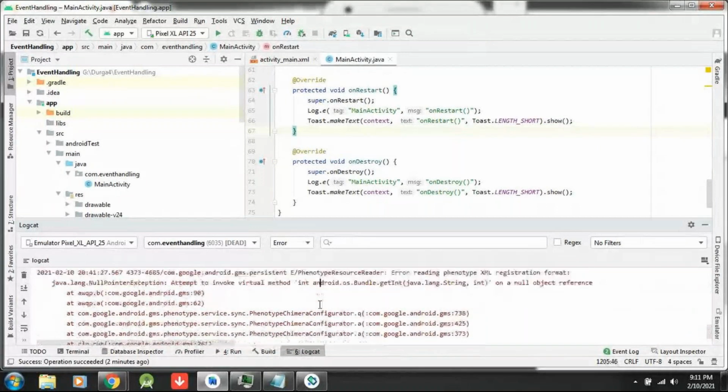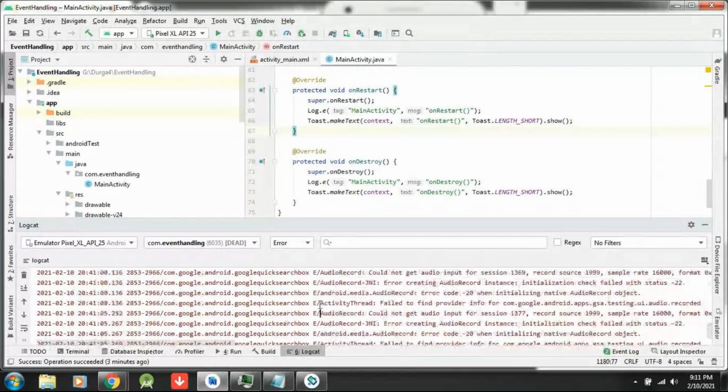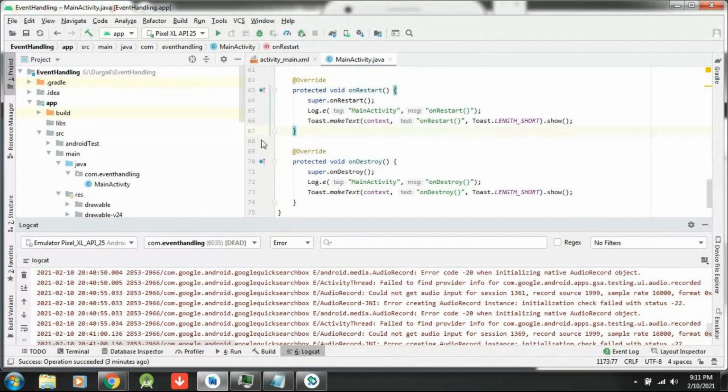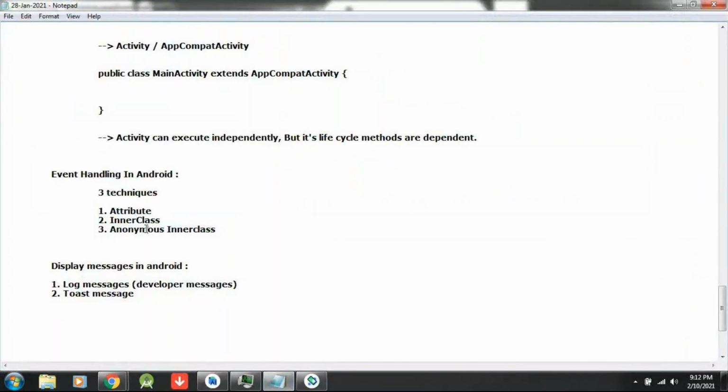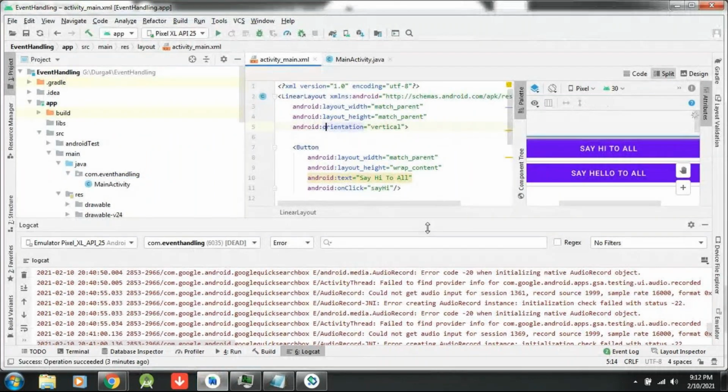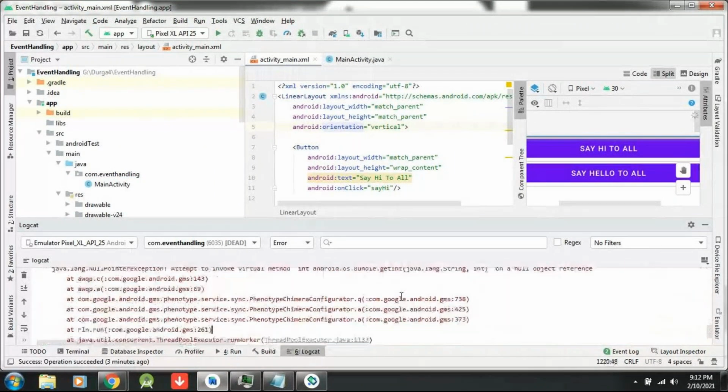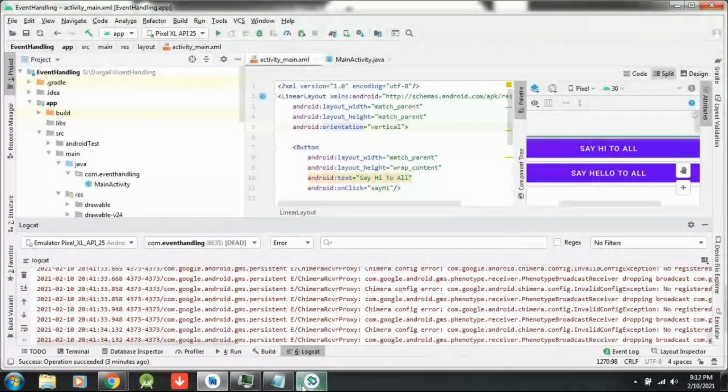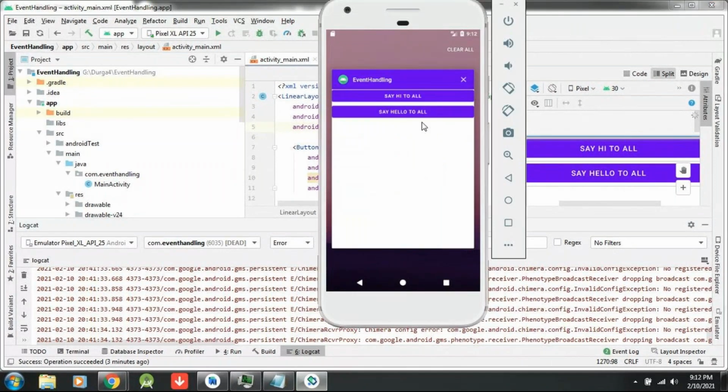Okay, but please excuse me for today's things. I just explained to you what an attribute activity is. Tomorrow I will definitely discuss what is helpful in real time, the inner class method, by creating a login example. That login page example contains multiple buttons, and how to handle multiple buttons in a single method, we can do using inner class. So that's tomorrow's session. I'll explain this one tomorrow also.